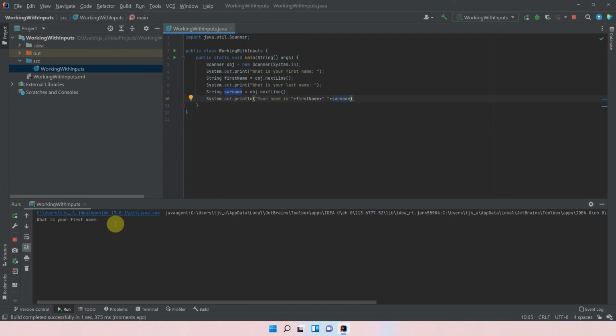I'm going to bring the cursor down here, Joe Blogs, you'll see that it says your name is Joe Blogs. So it's a good way of confirming that the information that's been entered is correct. Okay, so that's all well and good if we're using characters, but let's have a look at what happens when